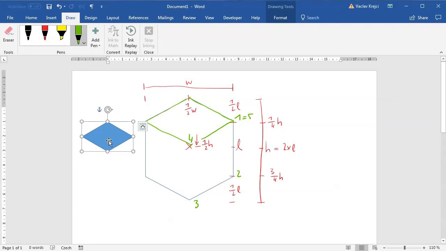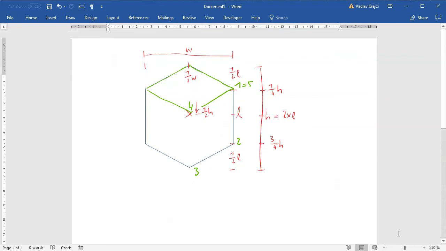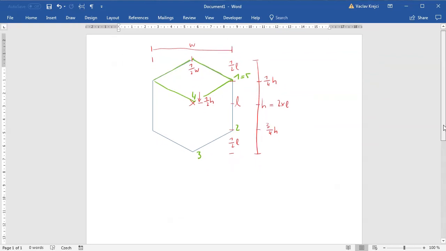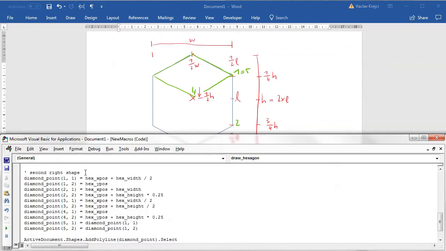So again, I will stop inking, make this smaller so I can see everything together with the code like this, and I can start changing the code. So the first point is on the right. This means that I will just add the width. The Y position is plus 0.25. The second point is X position is same, so I will not do anything, and the Y position is, sorry, this should be height times